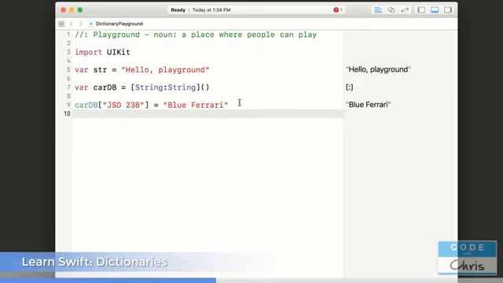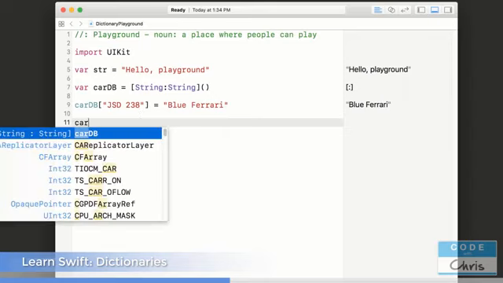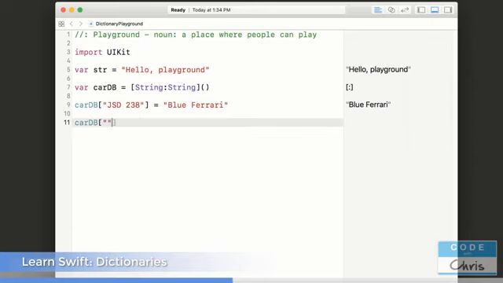Now, this value, blue Ferrari, is tied to this key, JSD238. How do I retrieve the value? Well, it's very simple. I just give it the key. So if someone were to look up this license plate, let's say I print this out like that, it would